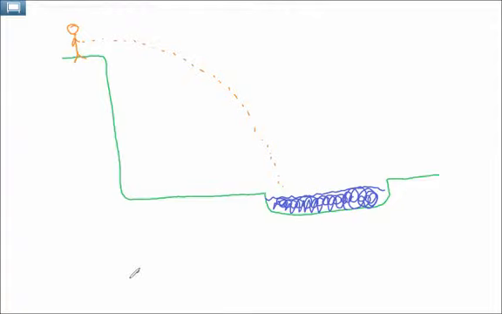So it said 30 was this. And then this distance right here was 5. And what was the question actually? How fast does he have to run off? So we want to know